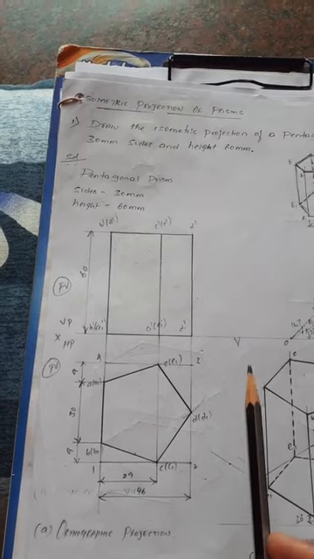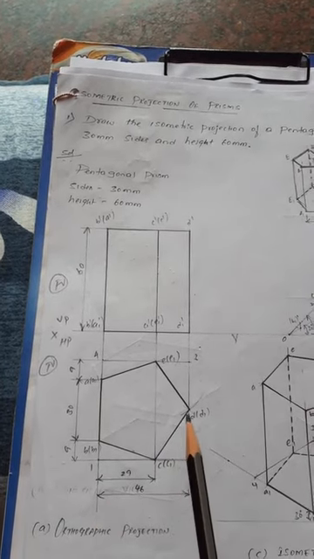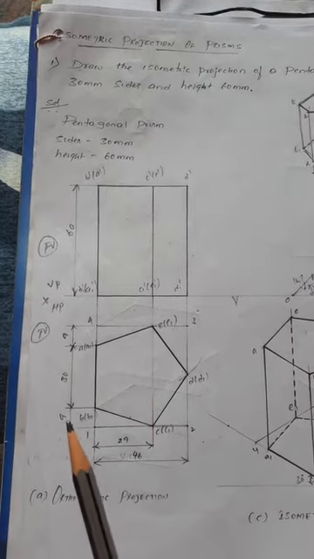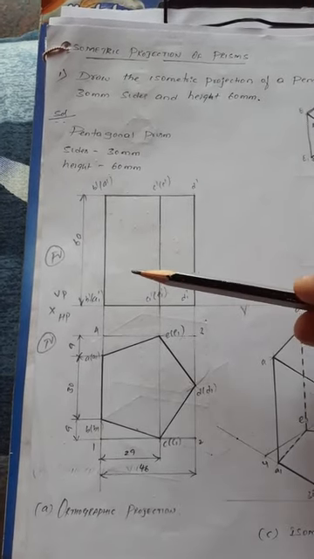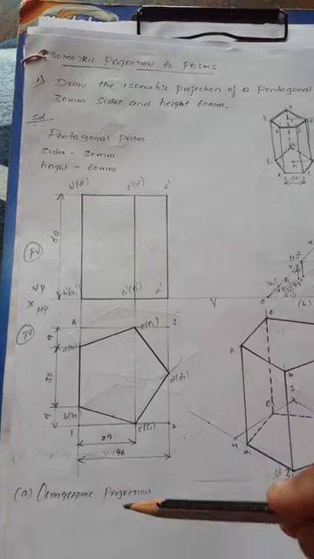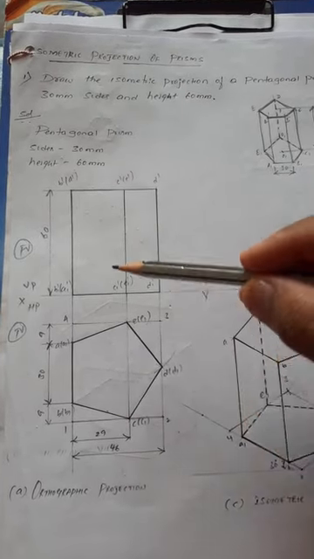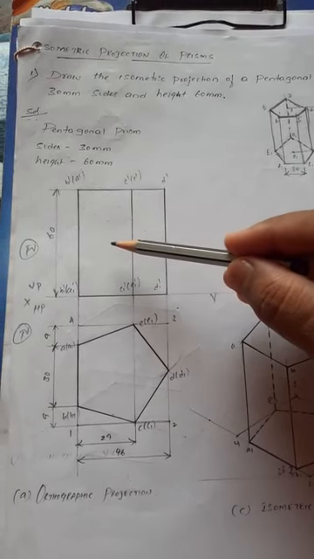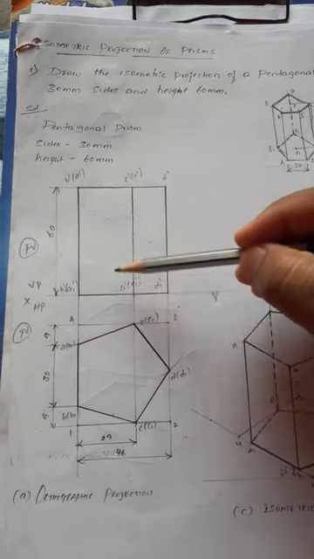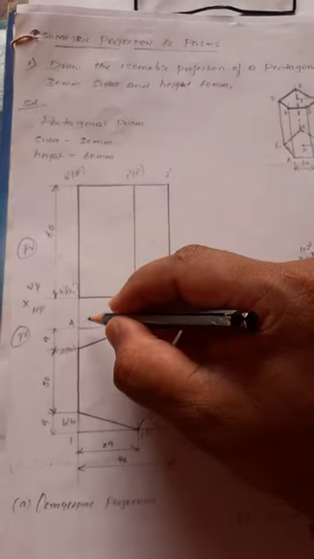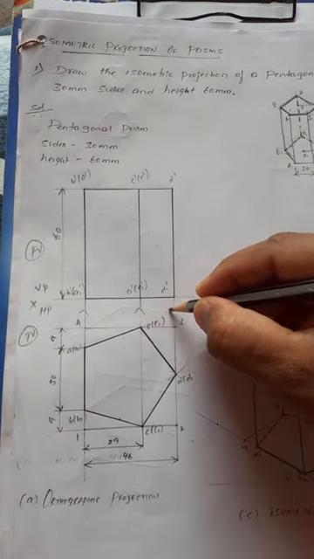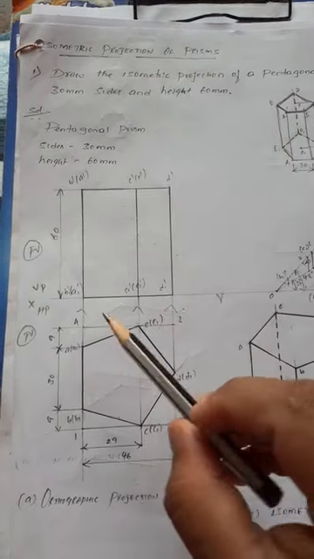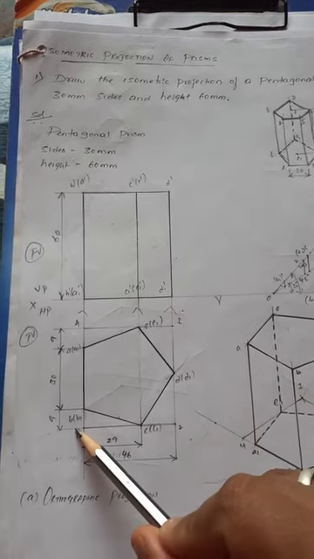Now after that, once you construct the top face orthographic view on the horizontal plane, next we'll construct the front view. If you view from this side, how does it look? What is the height? It is 60 mm height, right? Project all the corners vertically upward, and then the bottom face corners are these.